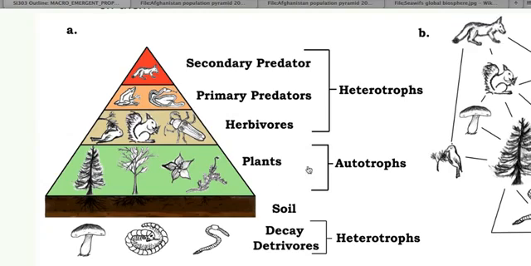So what you see here at the very top is a triangular pyramid. What this is trying to describe is the food chain and food web relationships in a typical ecosystem. And in this case, what we have is a forest ecosystem. And what we're trying to say here is the size of that red triangle at the top is representing a top carnivore, and the size of that triangle is smaller than this part of the pyramid below it.